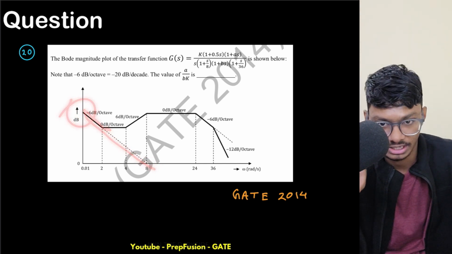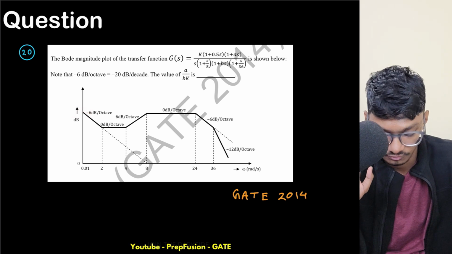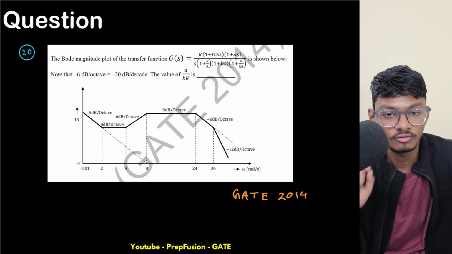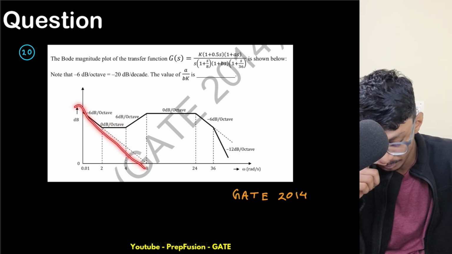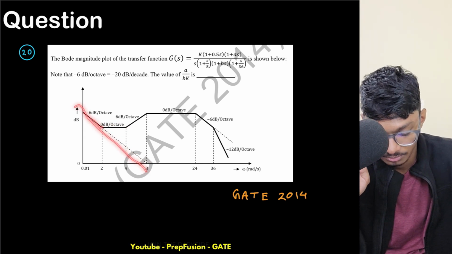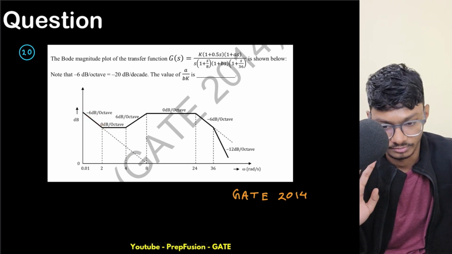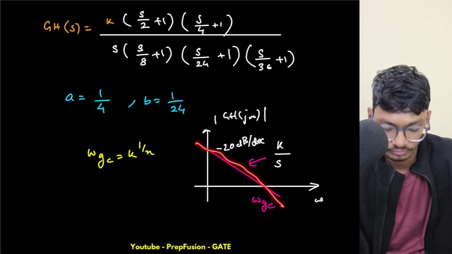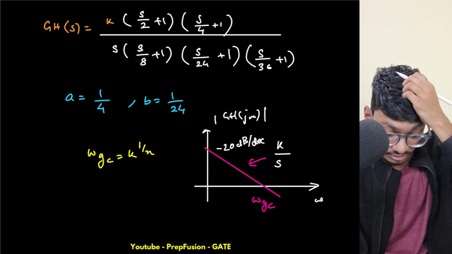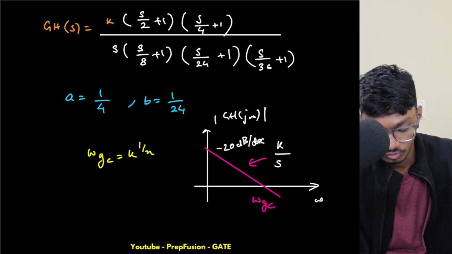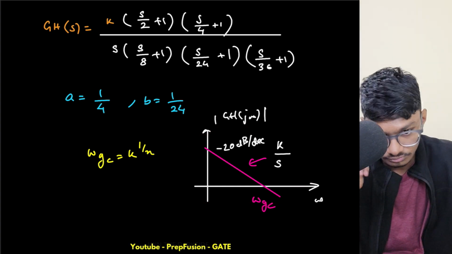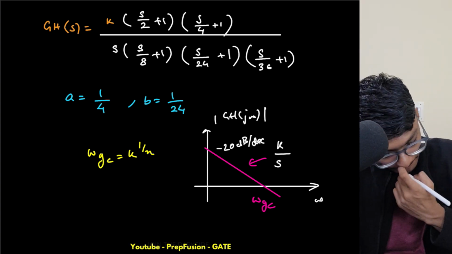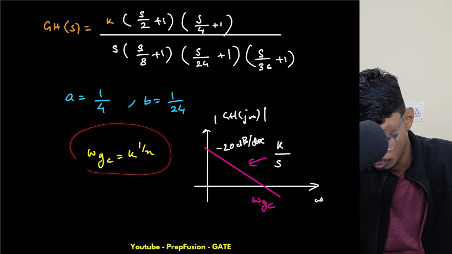Okay, K value will start from here itself, right? K won't change for this line and this line. So I will approximate my K from here instead of this, because finding K from here is difficult for me. So obviously I will approximate my K from here. So that's why I use this formula. Okay, if you don't want to use this formula, what you can do? You can simply use this thing. If you don't remember this formula,